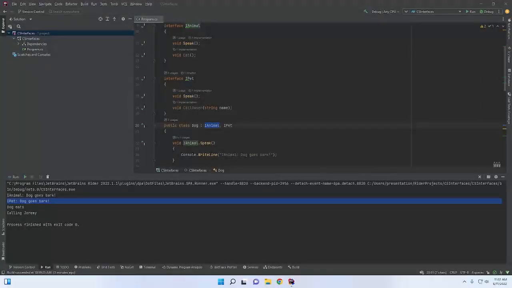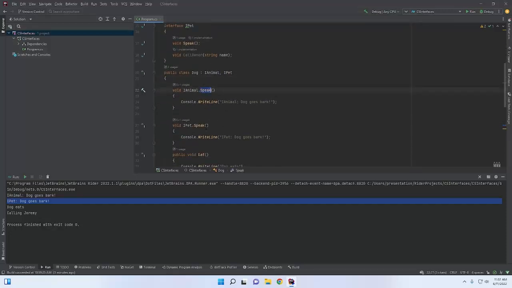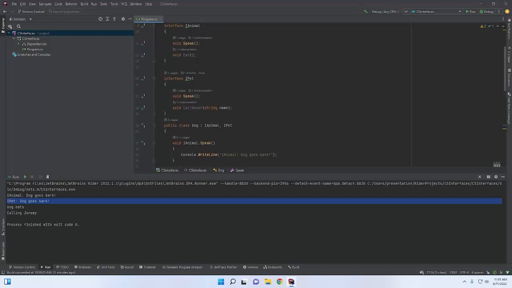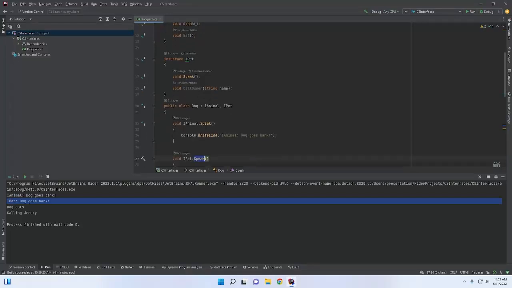So interfaces and abstract classes are very similar. And so you might be wondering, well, why do we need them? What is the difference? Well, they have different use cases. Interfaces are useful if you need to have this multiple inheritance idea, where you need to have the same method spread across two different interfaces, or if you want to have multiple interfaces with different methods that you must implement